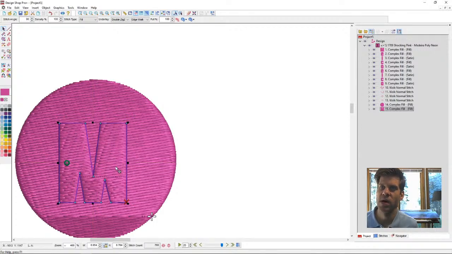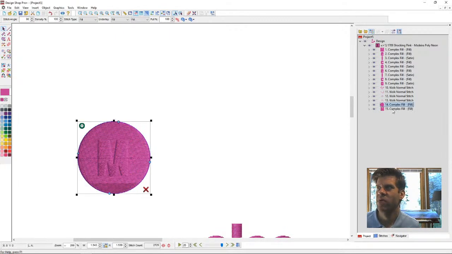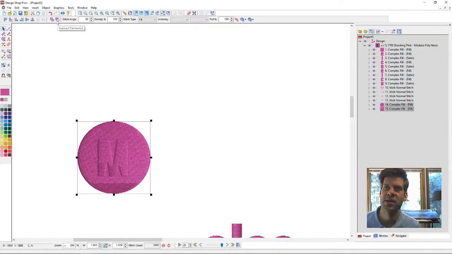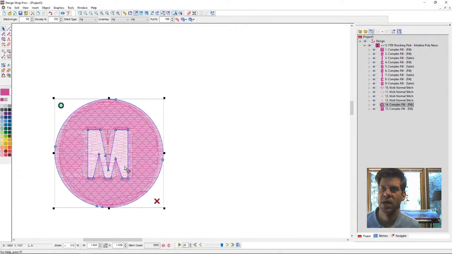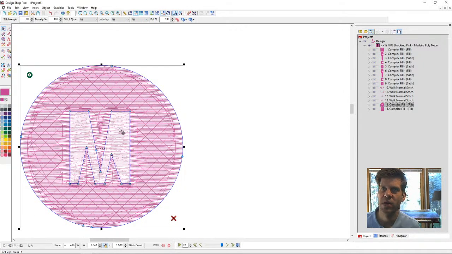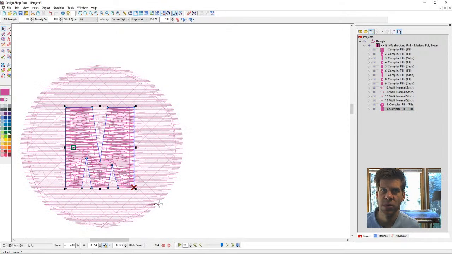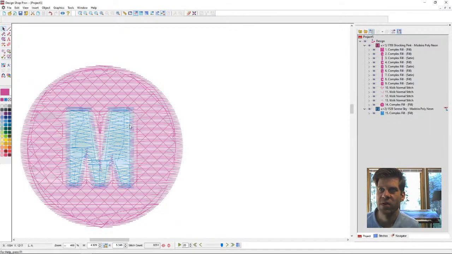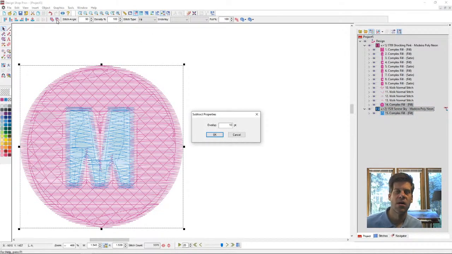So one thing we were talking about was kind of subtracting elements. So if I have one and select another, I can come up here and subtract them. And you can kind of see that it punched out from underneath. Now, one tricky thing that you didn't see happen is, let's change the color so you can see it a little bit better. I have a good deal of overlap. And the way you get that is by right-clicking on that tool. So right-click on a tool a lot of times gets you